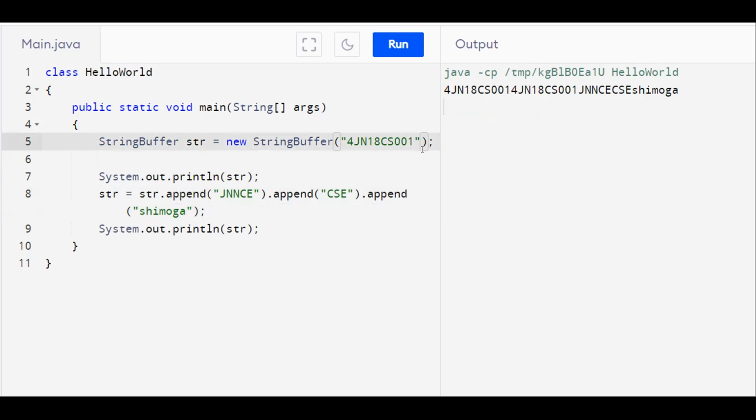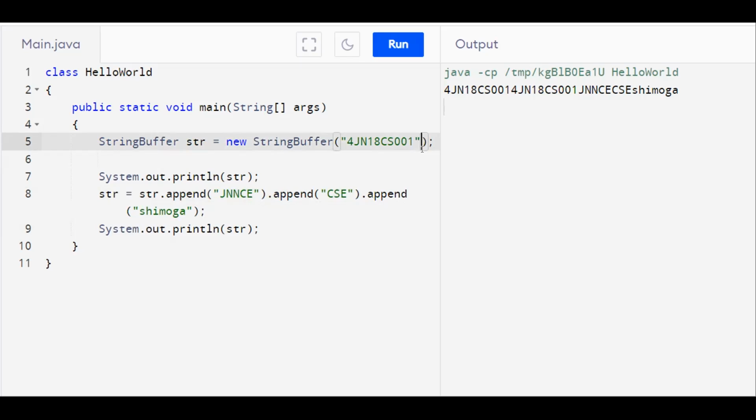So this is about the string APIs and string buffer APIs. Very simple to understand as well as to write the program. The majority of the questions in this module will be regarding the explanation of APIs.